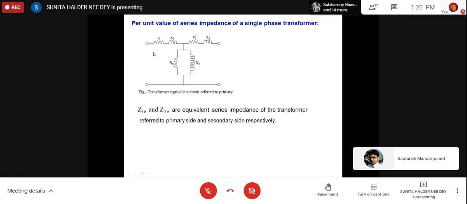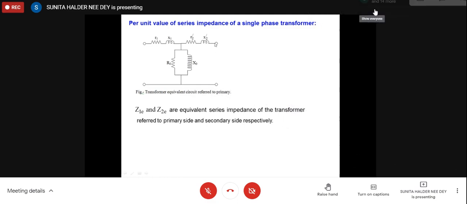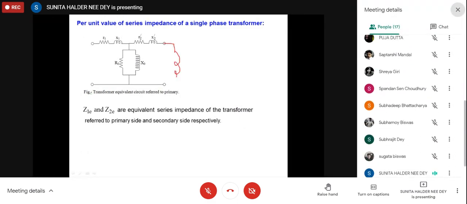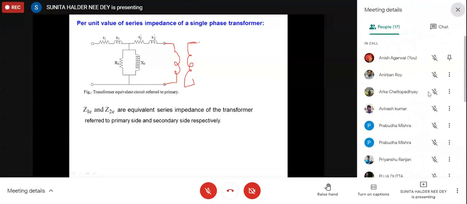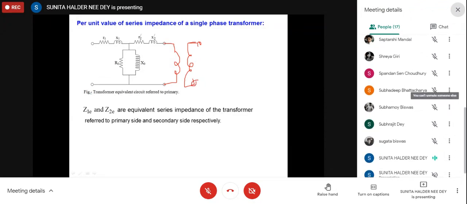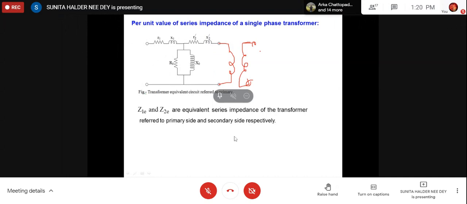And this is the equivalent circuit of the transformer referred to primary. Along with this there is obviously an ideal transformer at the end of the secondary side. I hope you know that, right? So what is the meaning of an ideal transformer? From primary to secondary, there will only be step up or step down. There is no voltage drop or impedance across this ideal transformer. Whatever discrepancy comes due to the actual transformer, we have incorporated within the equivalent circuit. I think you know that. Is there any doubt?